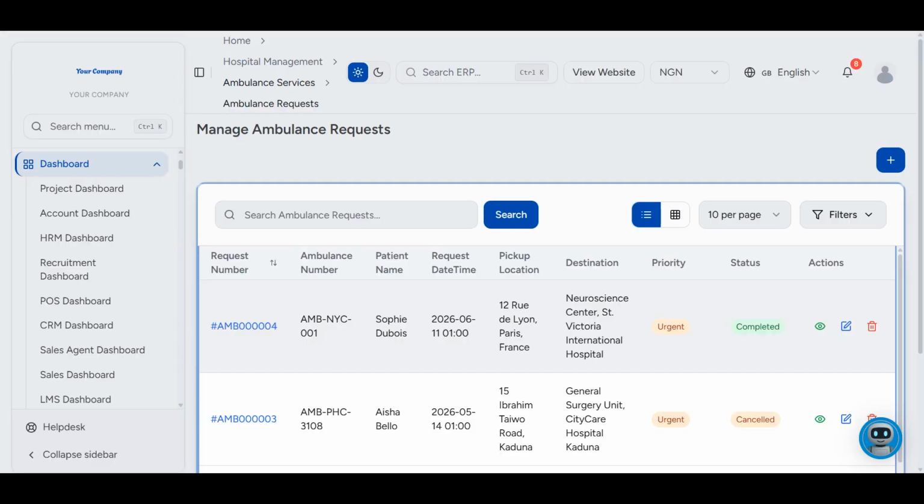And that's a wrap on ambulance requests. You've just learned how to log a request, assign an ambulance, set the pickup and destination, and record the dispatch,